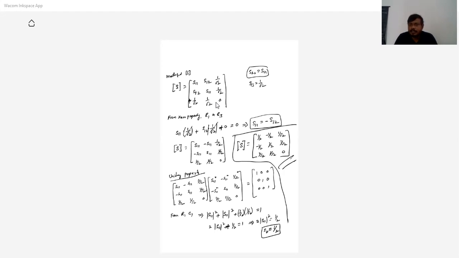Remember R3, C3. Then you can get S13 is equal to 1 by root 2, which you have to substitute in the matrix. Then from the 0 property, row 1, column 3, you achieve S11 is equal to minus S12, which you have to substitute. At the end, from the unitary property, R1 C1, there